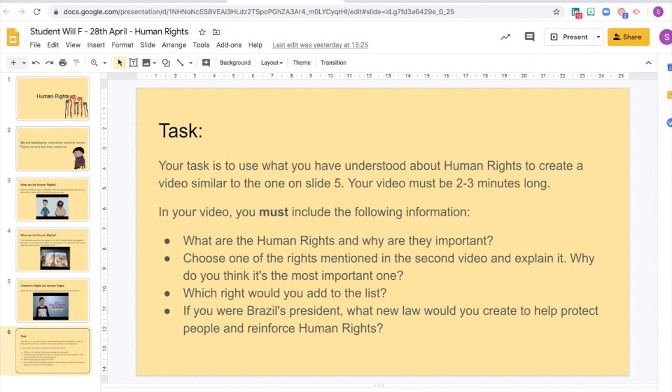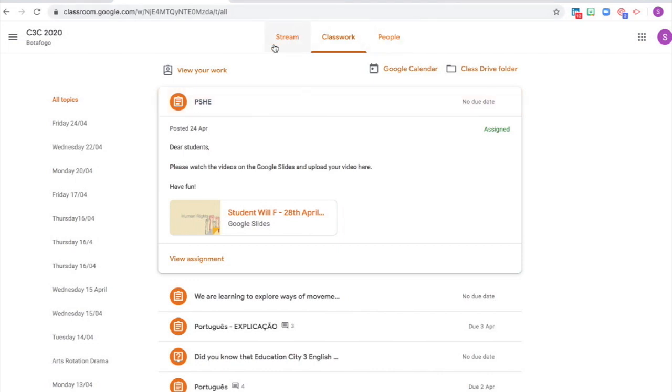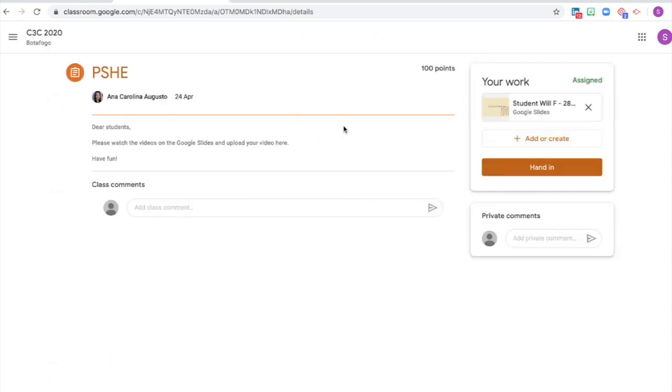And then I can see I have a task, and the task is to create a video answering this question about what are human rights and what human right I would add to the list of human rights and so on. So I've already had a look at that, and I've prepared a video. So in order to upload that video, I'm going to click on View Assignment, and I'm going to click this